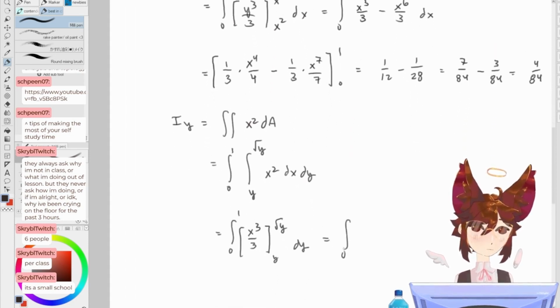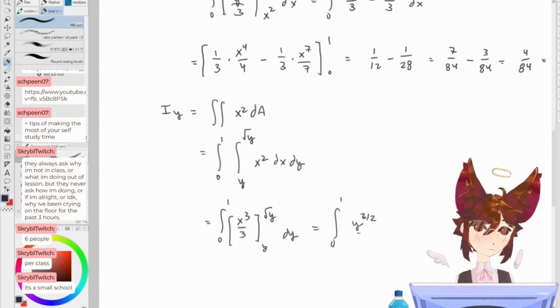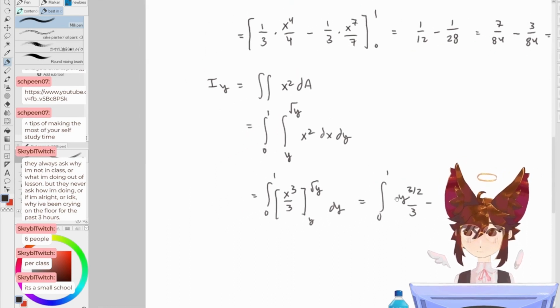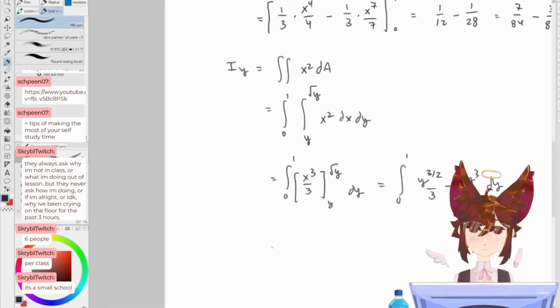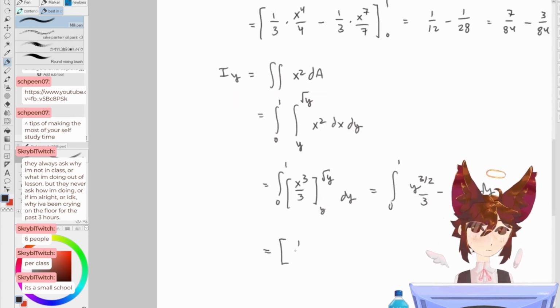Let's see, this is going to be 0 to 1. Y to the 3 halves over 3 minus y cubed. Actually, this won't be too bad to integrate. I mean, it'll just be a little silly goofy. We do 1/3 times y to the 5 halves over...